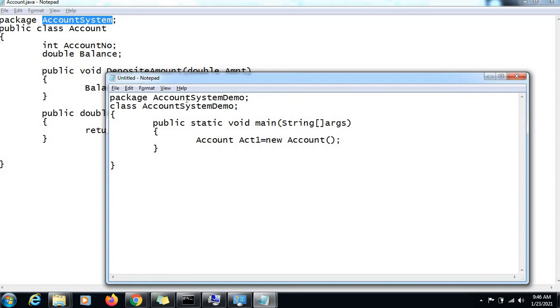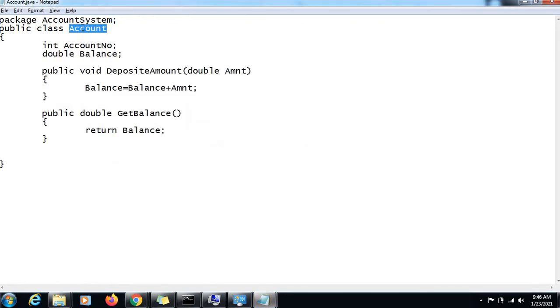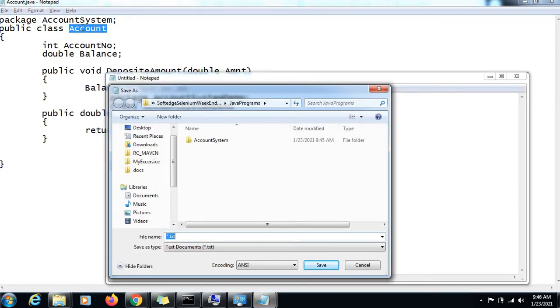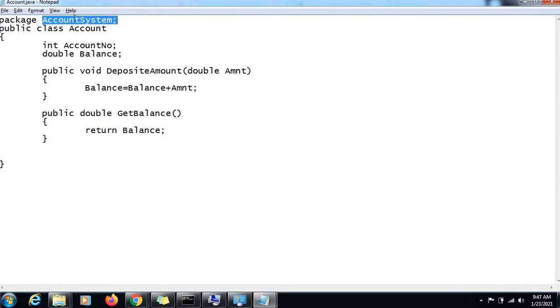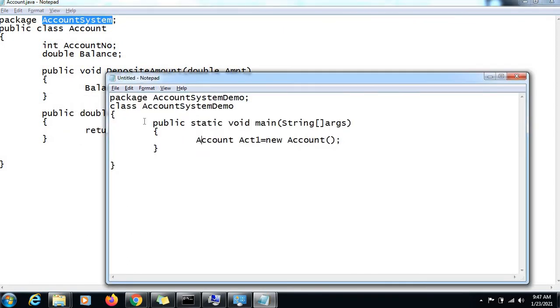The class file of this class is going to be placed in its own package folder, and the class file of the class which I am using is going to reside in a different folder, right? So we cannot just make a direct reference. So how do we need to make a reference? Package name dot class name. So that is accountsystem.Account. This is how we need to make a reference, isn't it?